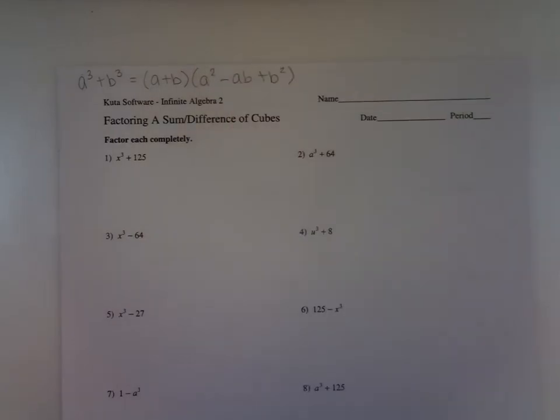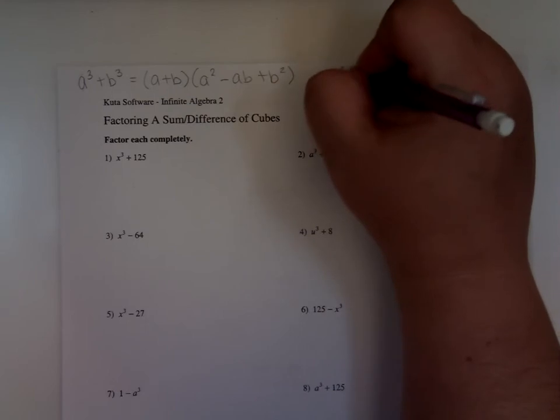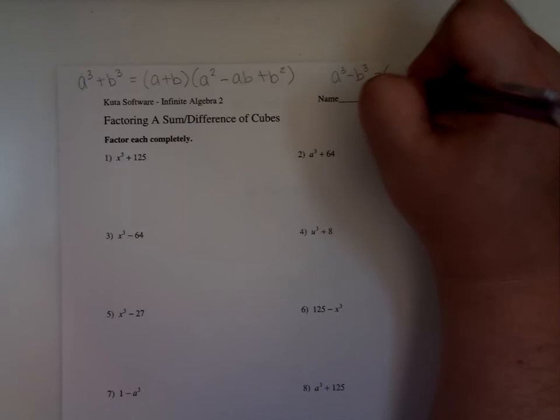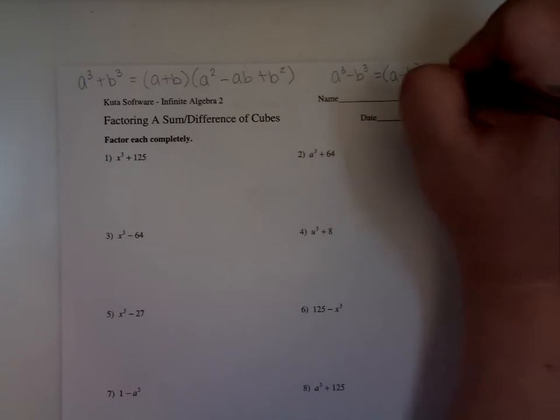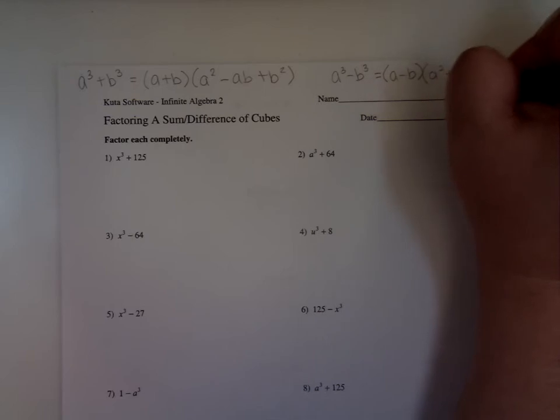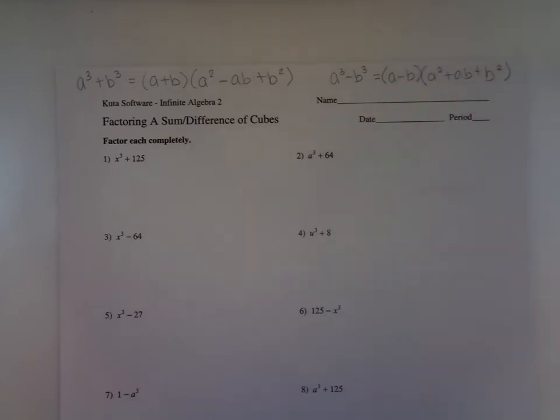And the way we would factor a to the third minus b to the third is going to be a minus b times a squared plus ab plus b squared. So really, essentially, what you have to do is memorize these formulas, and then it's sort of just plug and chug from there. So if we look at example number 1,